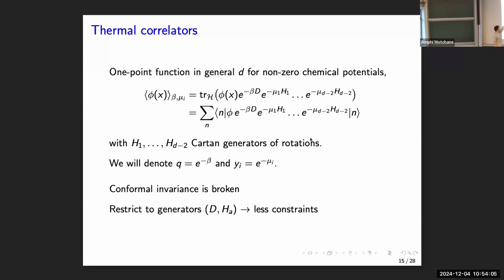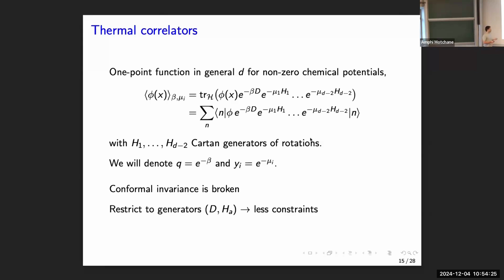Okay, in the line I just explicitly wrote down the trace. And okay, you can see already, I would just call sometimes this term e to the minus beta as q and y as e to the minus mu I. The point is that you can see already that the conformal invariants,